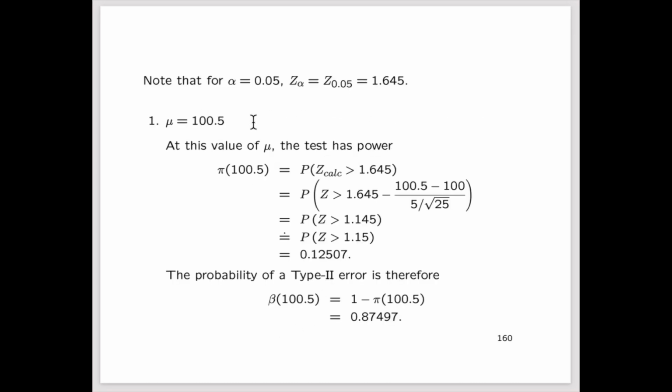All right, so let's first consider the situation where the population mean is equal to 100.5. And by the way, notice that since we are using a 0.05 level of significance, for this right-tailed test, the critical point is positive 1.645. Now, if mu is equal to 100.5, then at that particular value of mu, the power of the test, which is denoted using the lowercase pi symbol, so the power of the test when mu is equal to 100.5,